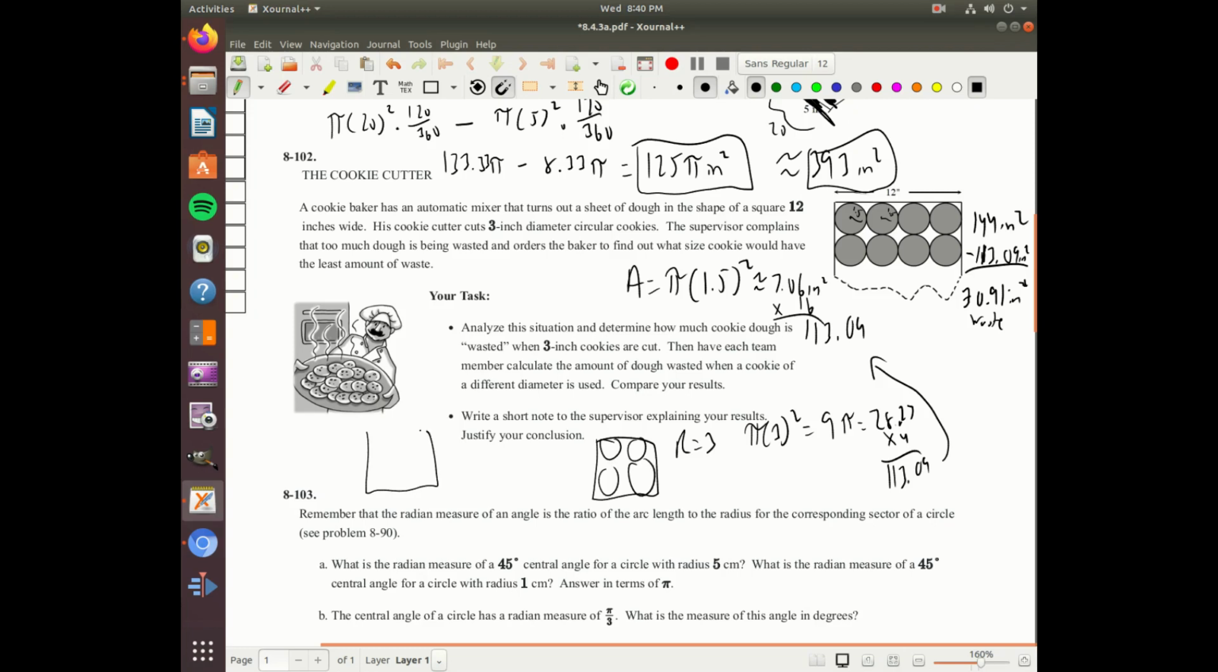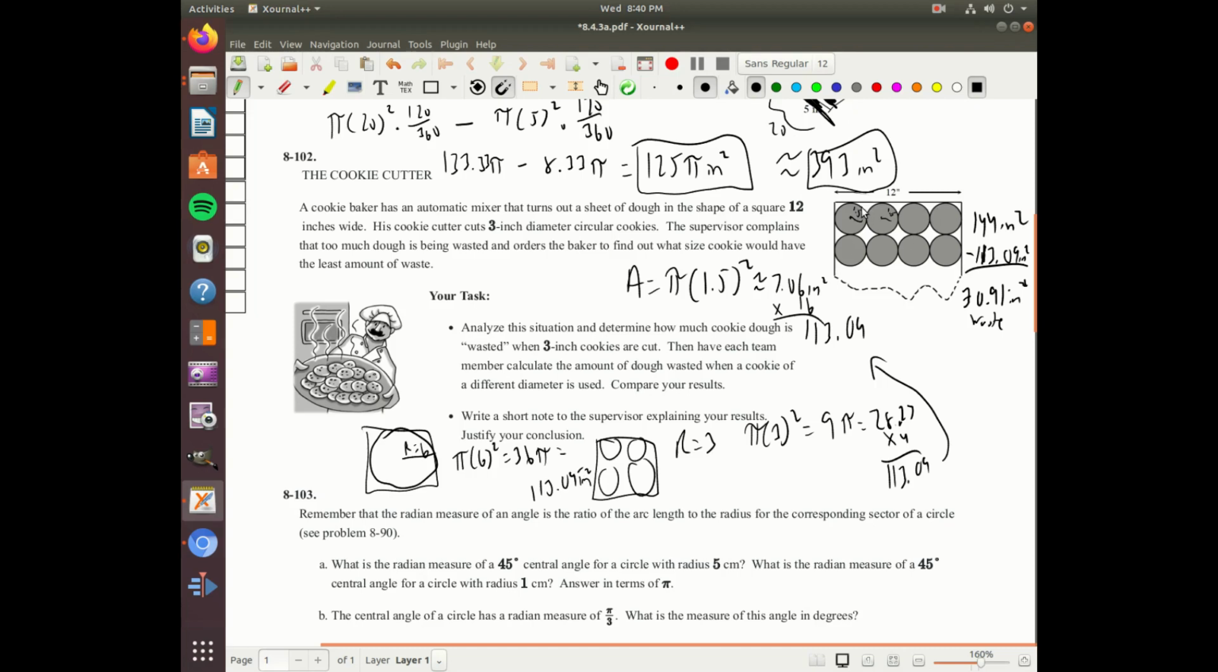What if we go with a giant 12-inch cookie, right? So our radius is going to be 6 inches. So we'll say pi r squared. We'll get 36 pi. And guess what 36 times pi is? It's 113.09. So we'll still have 30.91 inches squared. So as long as you're not making weird shaped cookies where it doesn't reach the edge,